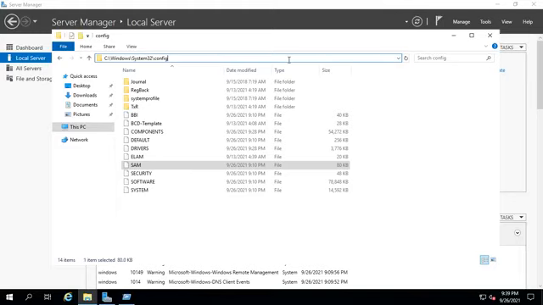See, Windows System32 config SAM. SAM contains all user information, usernames and passwords. As an administrator, you can't delete these databases. It is built in for every Windows operating system. It is a local database.